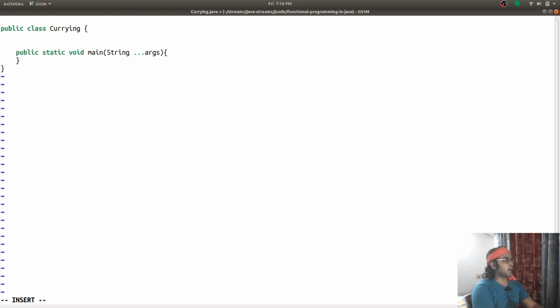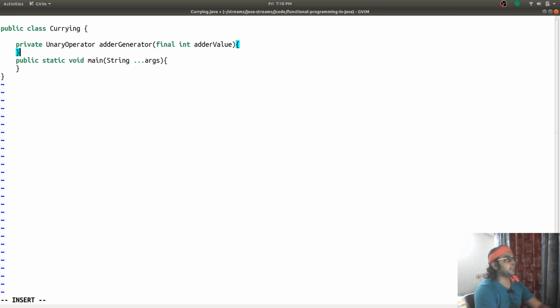So I will say I need something like a private unary operator. I will call it adder generator, and I will ask for a final int, the adder value that is going to be repeatedly added, and return something that takes an int operand.